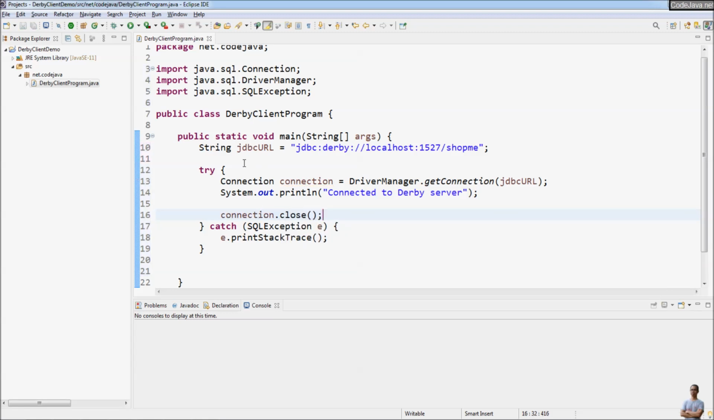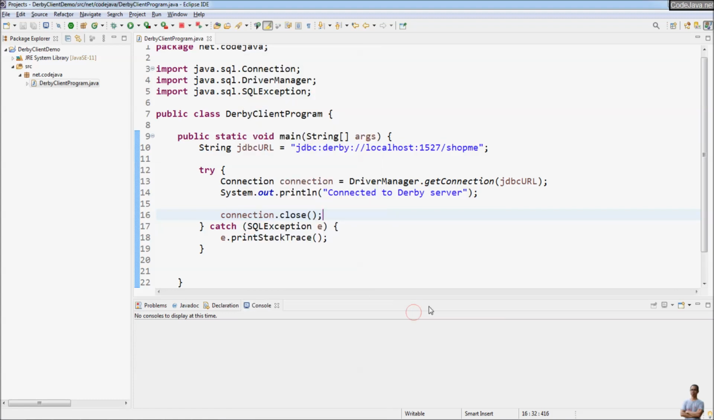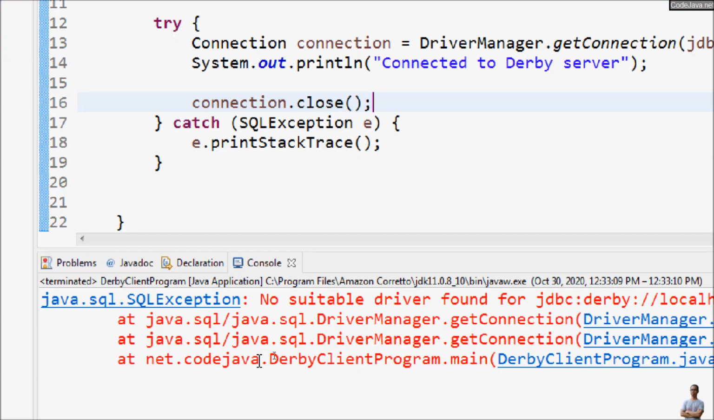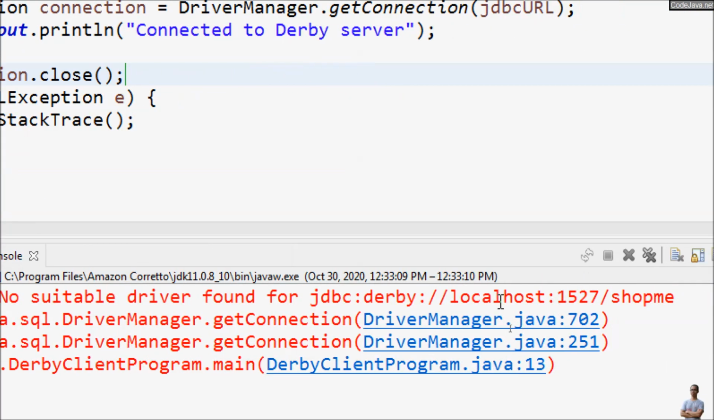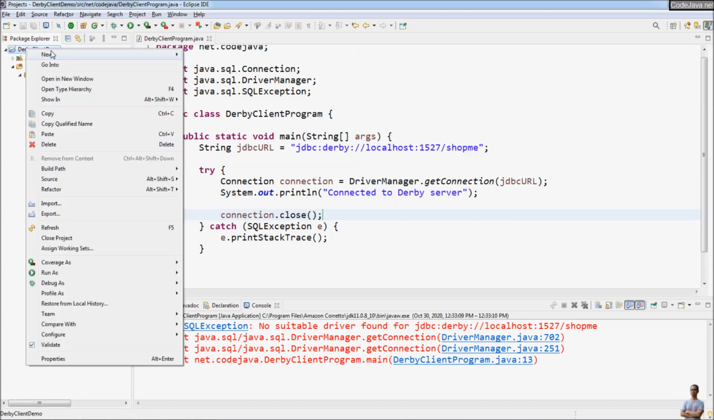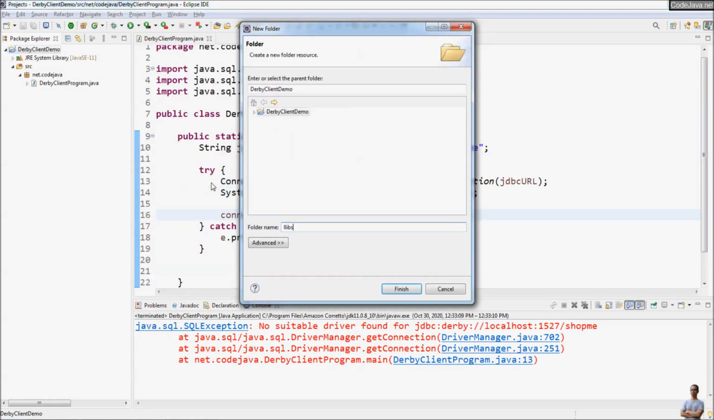Now, let me try to run this program. We run as Java application, and we got an error, as you can see, SQLException: no suitable driver found for this URL. That means we need to add some jar files for the Derby client. So in this project, create a new directory where we put the jar files. So create a new folder, libs,